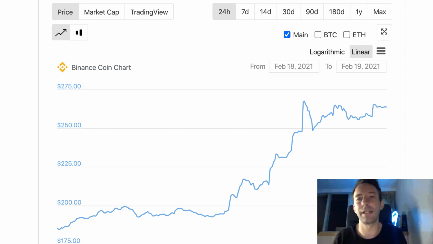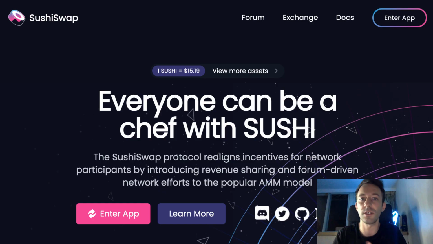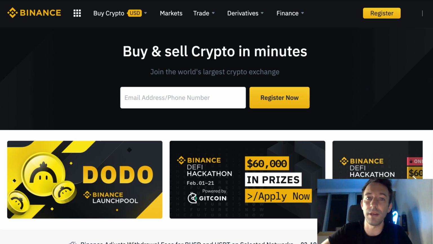To get started on Binance Smart Chain, you first need to acquire some BNB token, which is the token that is used to pay transaction fees on Binance Smart Chain. BNB token is actually a token on Ethereum, so you can use any decentralized exchange on Ethereum in order to buy it, for example, Uniswap, SushiSwap, etc. But if you don't want to pay the high gas fees of Ethereum, you can also buy some BNB tokens